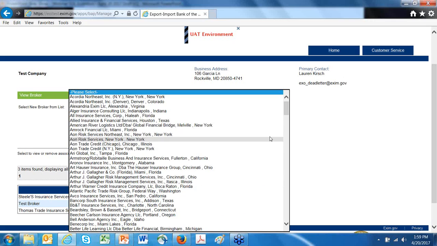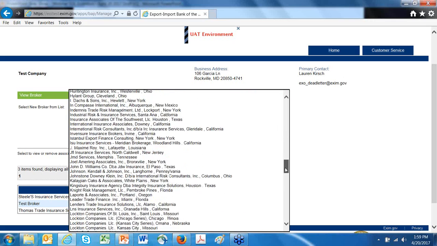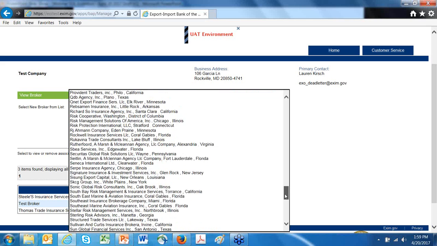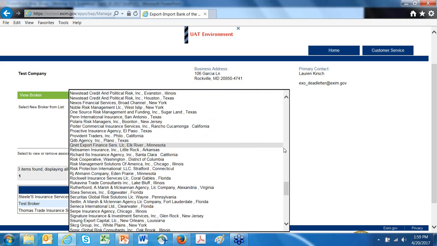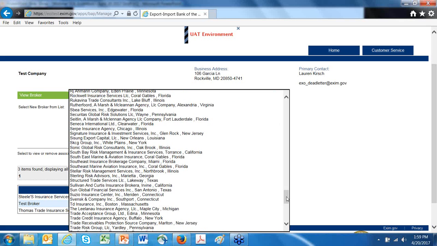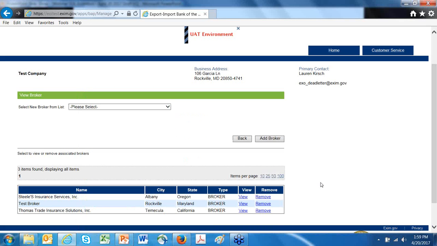Let me see, maybe there's a test broker one. So anyway, I won't use a specific one, but all you have to do is select that one, press the Add Broker tab, and it will then appear at the bottom of the screen and be added to the list of existing brokers.